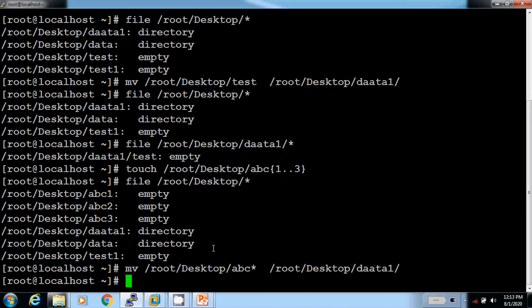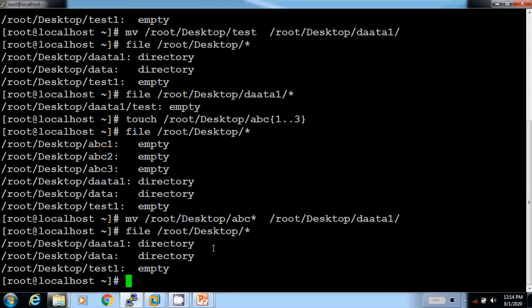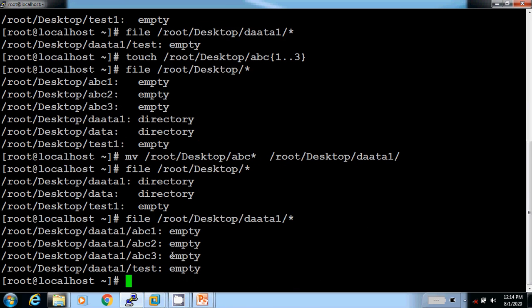Then I will check root desktop. See, all files are moved to the data1 directory. So now I'll check in the data1 directory. The files are available in the data1 directory.